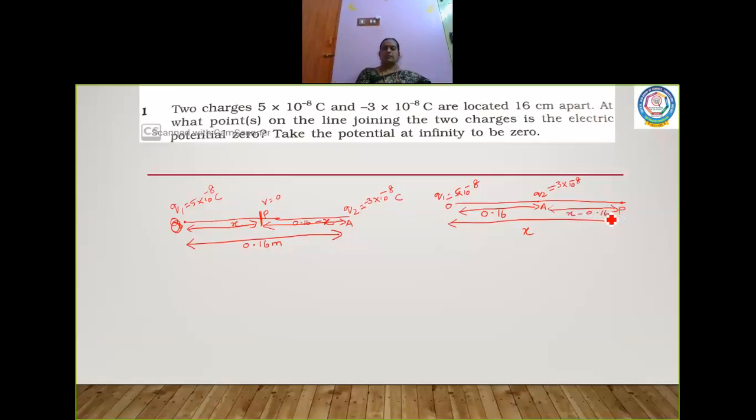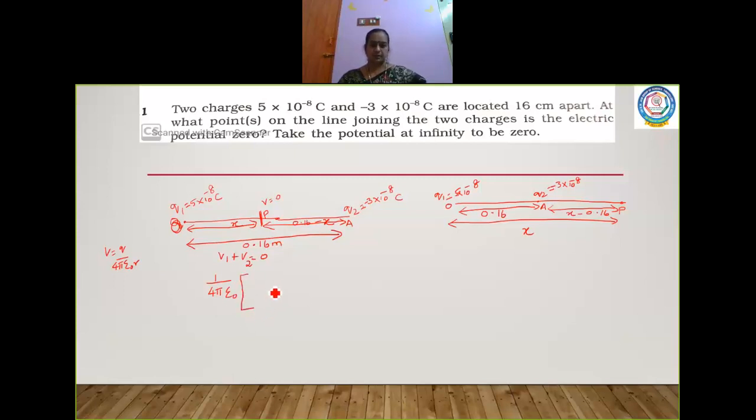Now I am going to find out the potential with respect to this and also this. Let me start with this. Potential V1 plus V2 equal to 0, they said that it is 0. So I will take the formula V is equal to Q by 4 pi epsilon naught R. In both the equations I have potential to be 0, so I take 1 by 4 pi epsilon naught to be common.